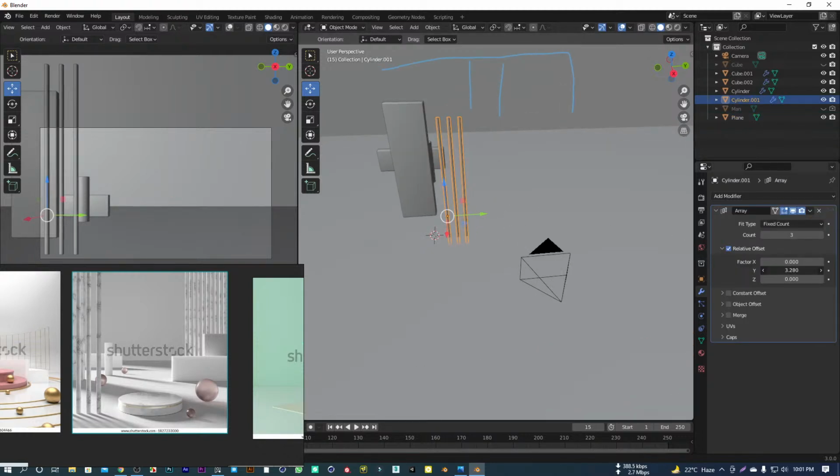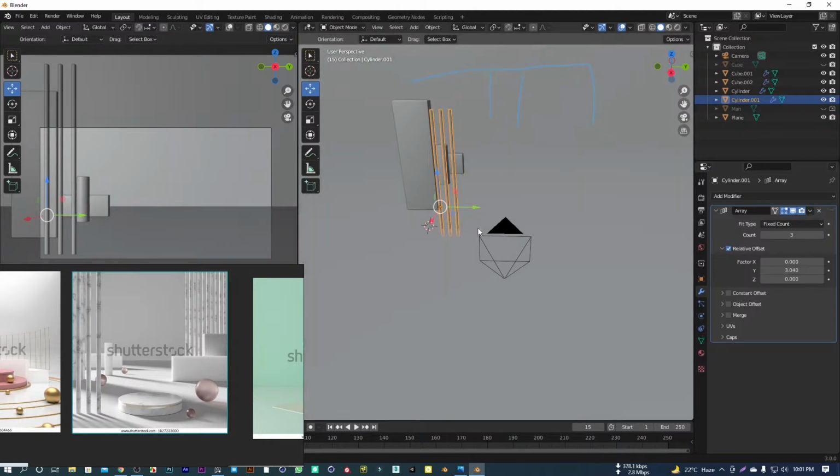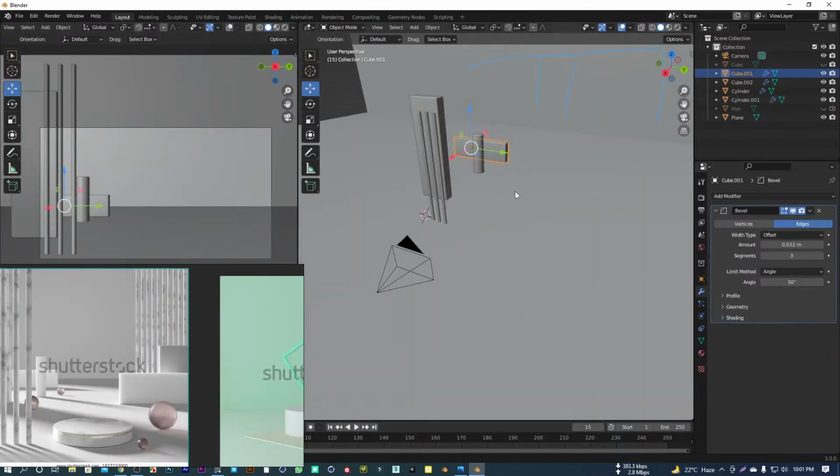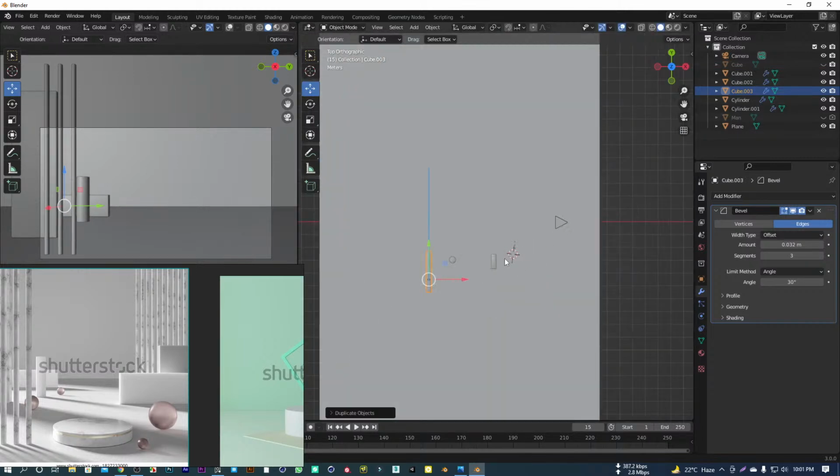I think more. Yeah, it's alright. Then just copy paste this thing. Shift D, escape to cancel transform, then just here. This position is